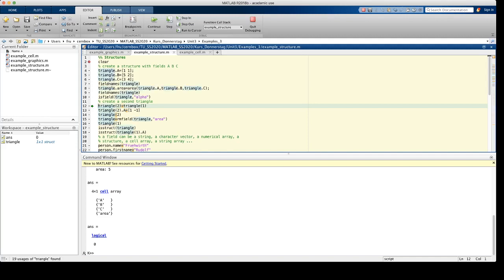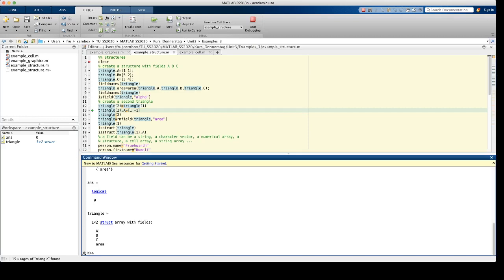Now we can create a second triangle. I simply copy the current triangle, triangle 1, to triangle 2. We have now 2 instances of this structure. And triangle is now an array of structures, a 1x2 array of structures. And all elements in this array have to have the same fields. So naturally, triangle 2, the new triangle, also has 4 fields,